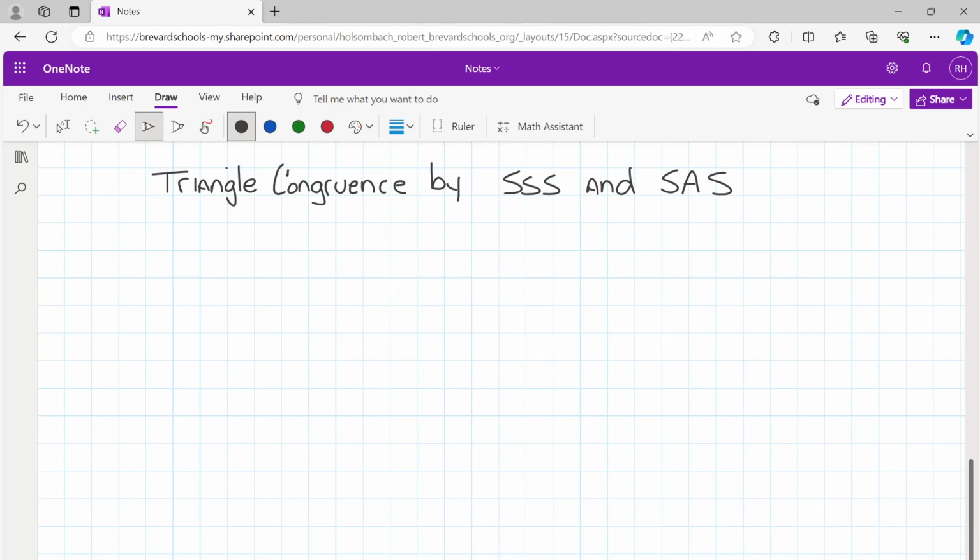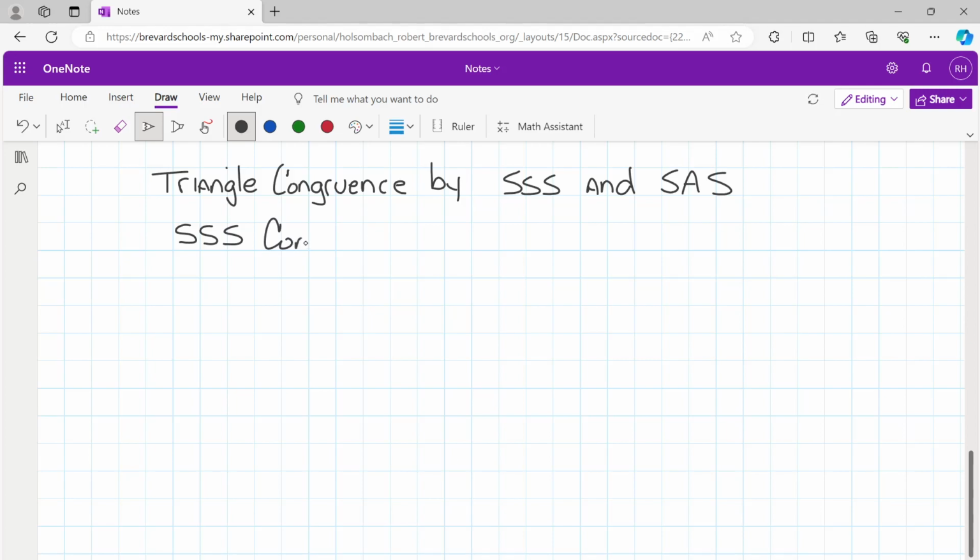All right, we said Monday that if all the sides of one triangle and all the angles are congruent to all the angles and all the sides of another triangle, then the two triangles are congruent. Well, there's 4 other rules that you can use to determine whether triangles are congruent or not. And we're going to talk about 2 of those today, and then after your quiz, we'll talk about the other 2. So this first rule is postulate 4.1 on page 264, and it is side, side, side, or SSS